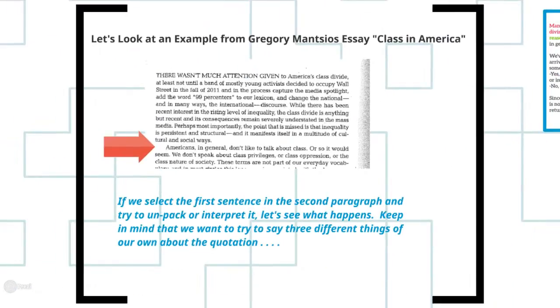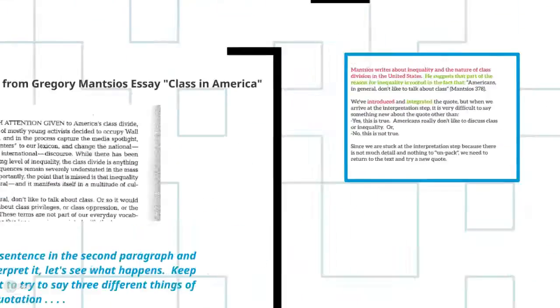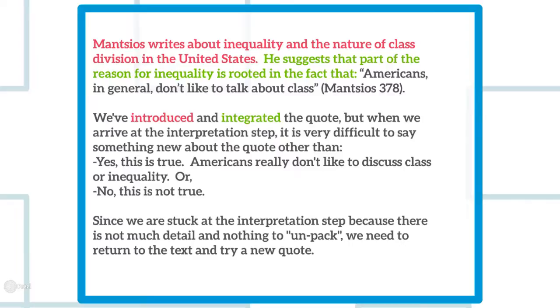Here's an example. So this comes from Gregory Mantsios' essay Class in America from one of the 130 textbooks, Rereading America. And here we've selected the first line in the second paragraph here. So let's see what happens, keeping in mind we want to try to say 3 different things about this quotation in our own words. Here we've got the